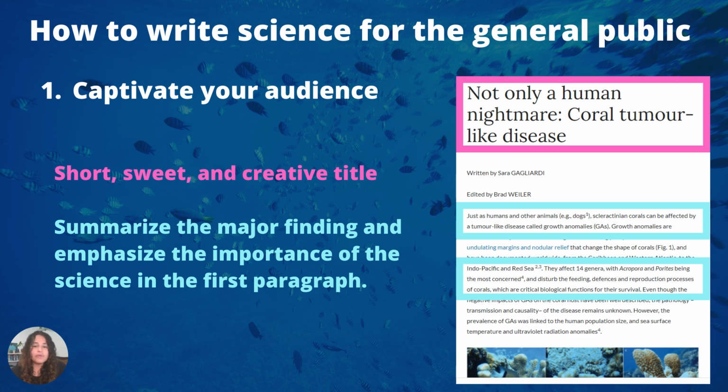And this is very important because our science has a purpose, and it's to make people's lives better. And if we want to do this, the general public has to understand what we are doing, right? And what our science is about. Once they begin to understand it, then they can start to care about it and have a sense of why this is important in their daily lives.